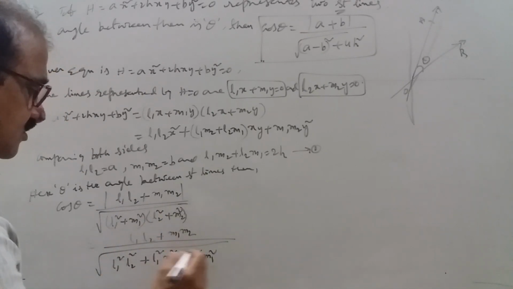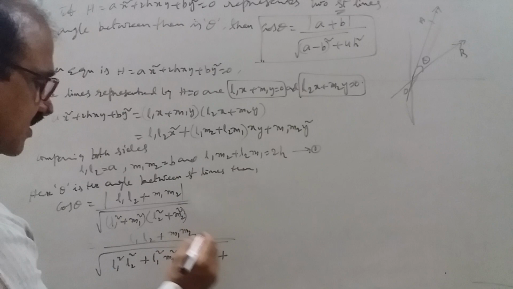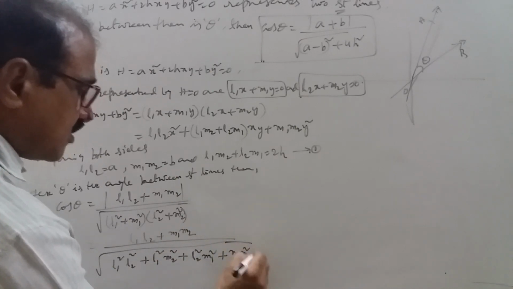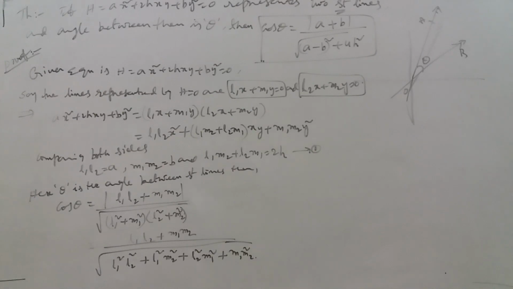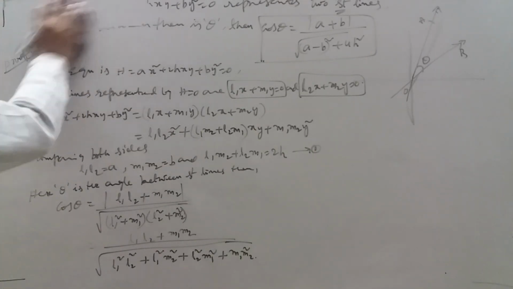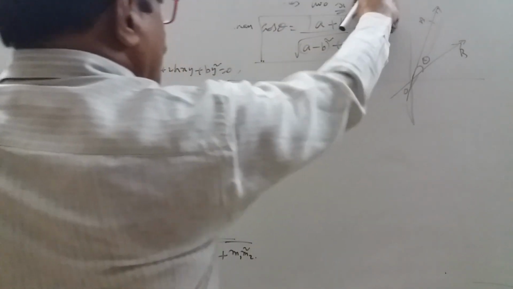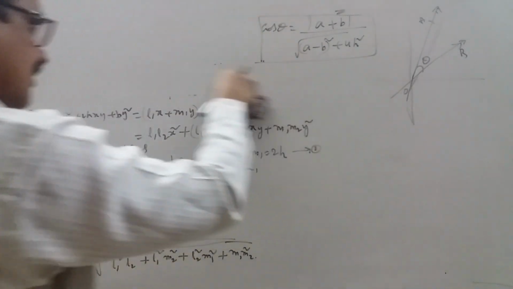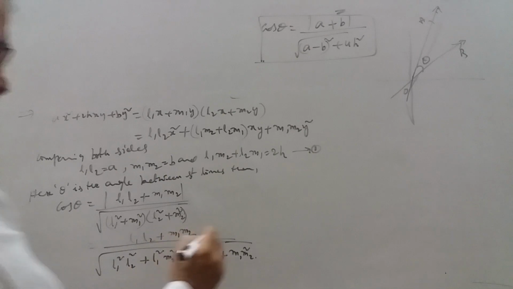By multiplying these two, next M1 square M2 square. By rearranging the terms, this can be written as